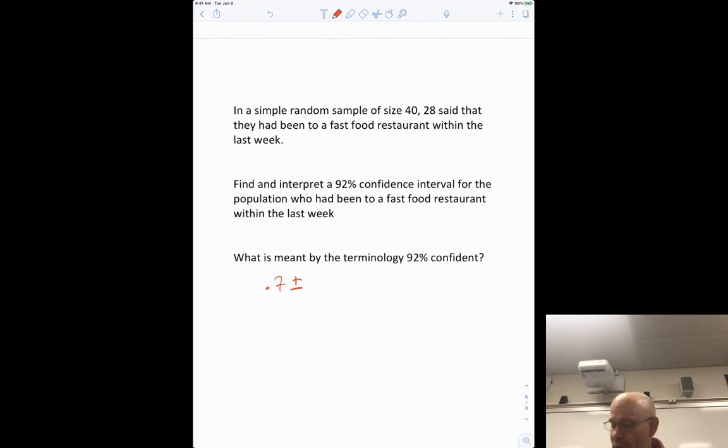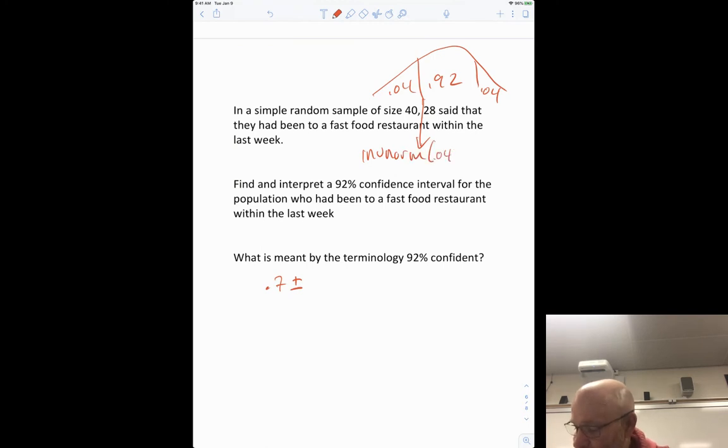So now we're using a new number, right? The way you figure out the z, 92% leaves 4% on each side. So what I want to do is an inverse norm, or I could look in the back of the book, but the calculator is really easy with 0.04 with mean of 0, standard deviation. Remember, that gives you the z-score, right? So I'm going to find that number here. We're going to go 0.04, inverse norm, the mean of 0, standard deviation of 1, and I get